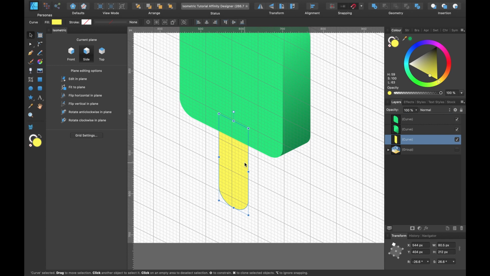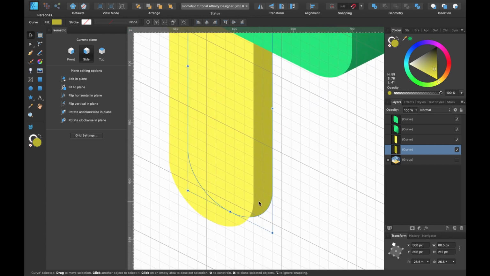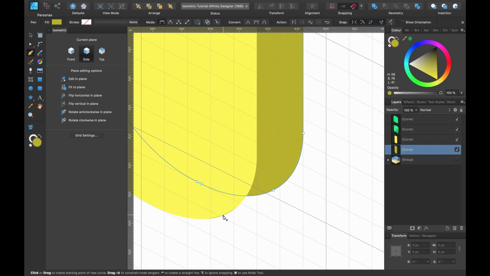Okay, same again. We have to duplicate this. So Command J to duplicate. I will select the underlayer and I will just click and drag whilst holding Shift. Drag it out a little bit and let's make that slightly darker. Okay, we have our two shapes again. Now all we have to do is fill in this gap. So I'll grab the pen tool and I'll just select the outermost layer here, which is, I'm kind of guessing, probably here. I could line it up like I said before on the grid. I'm not going to do that this time. Just going to wing it.